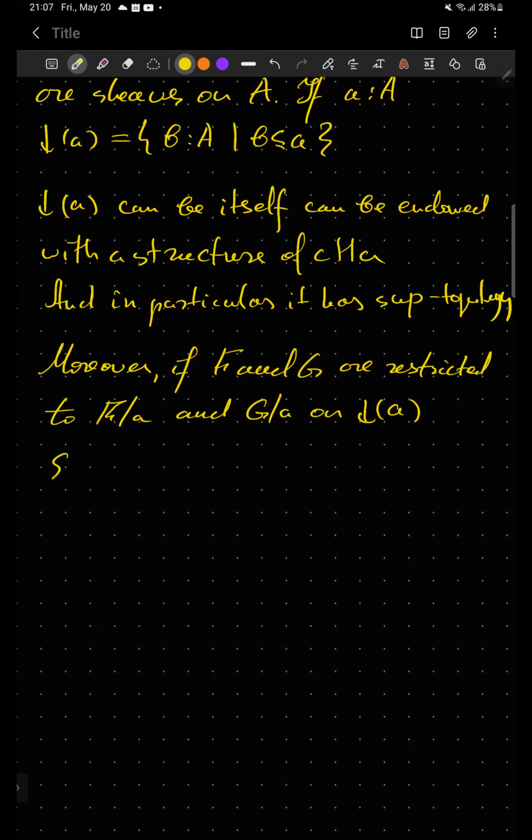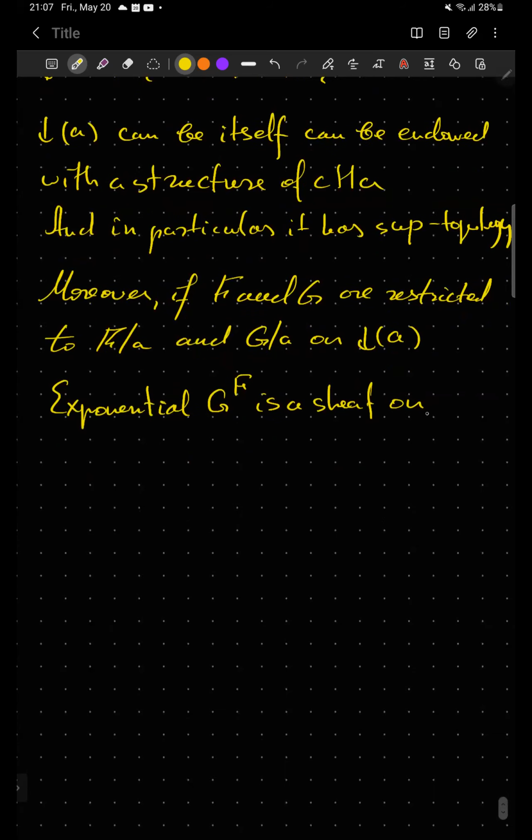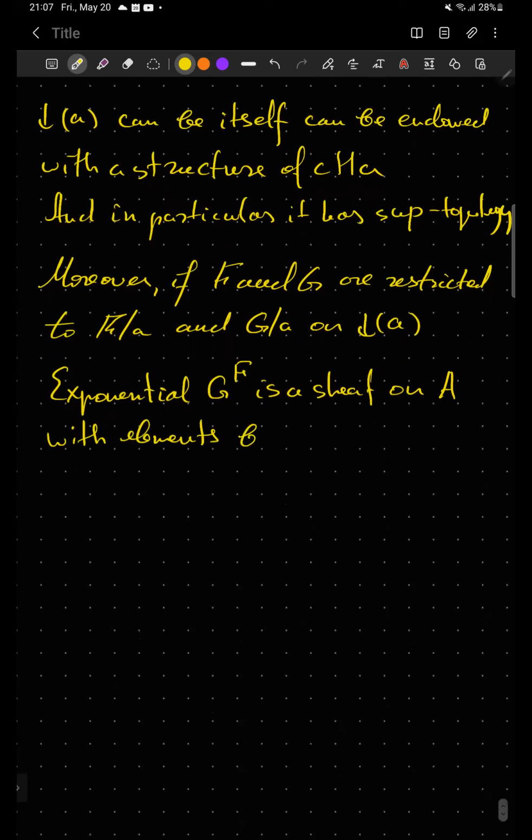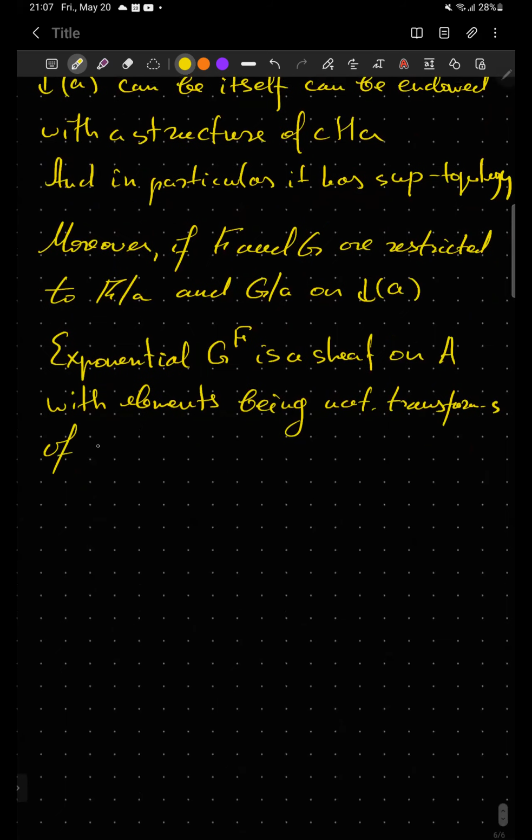So the exponential G to the power of F is a sheaf on A with elements being natural transformations of the form